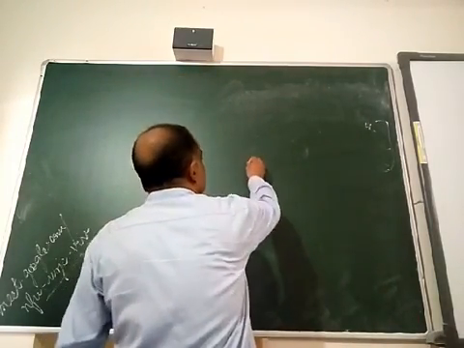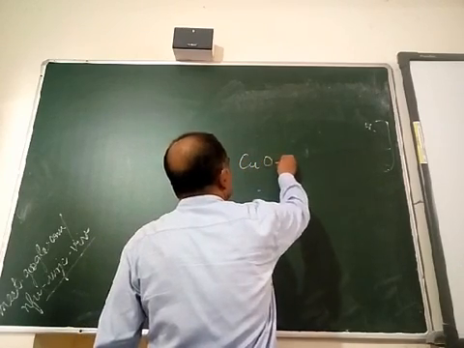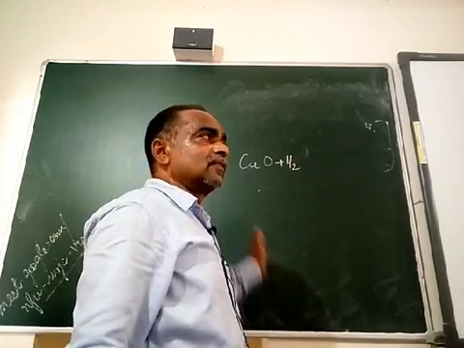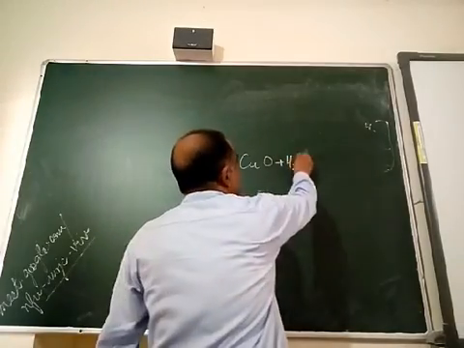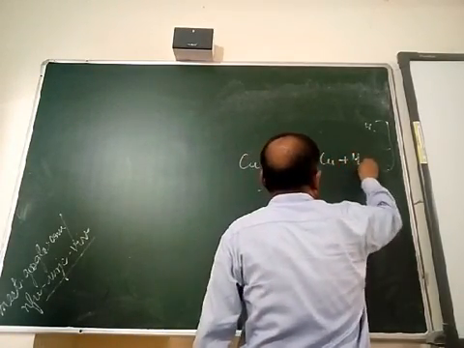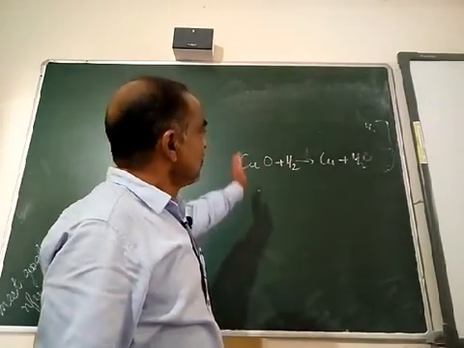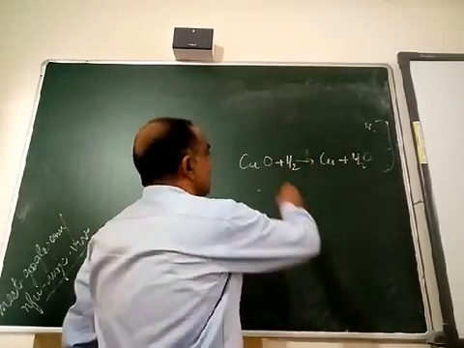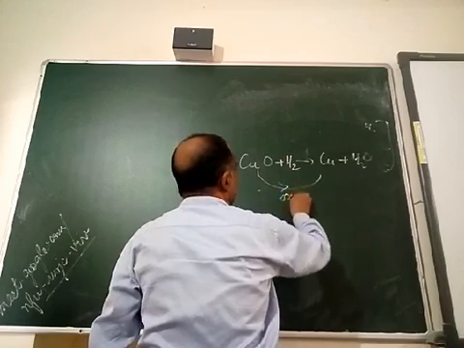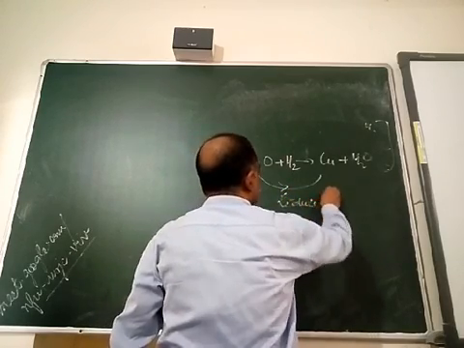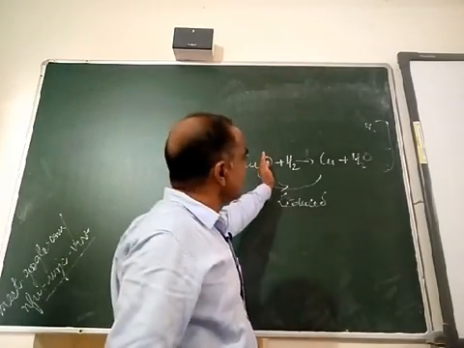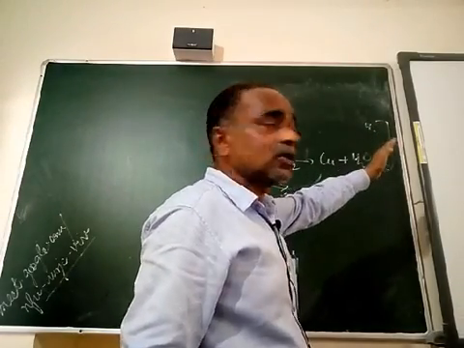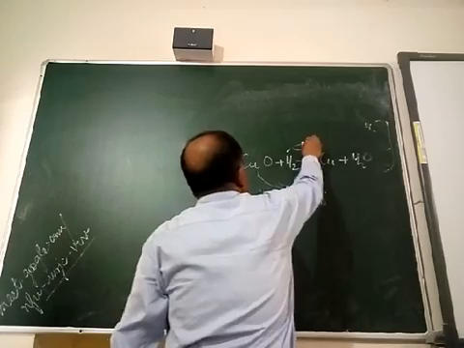This is highly used in the metal industry: copper oxide is heated with hydrogen. CuO plus H2, that means when hydrogen is passed through copper oxide, we get copper plus H2O. Now what is actually taking place? From copper oxide, oxygen is being removed, and the removal of oxygen is known as reduction. So we can say copper oxide is reduced, and this oxygen is going to the hydrogen. So in the product side, the hydrogen has got oxygen along with it as water. So we can say hydrogen is oxidized.